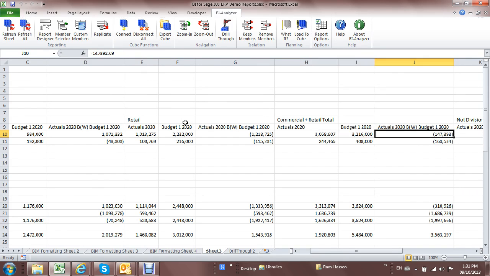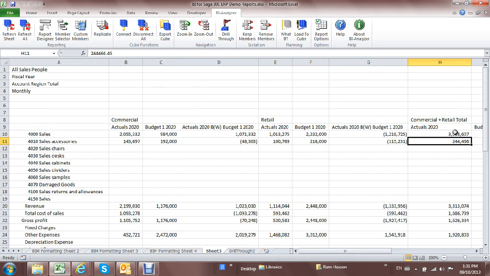Again, not using any Excel formulas. It's simply using the product to create any sort of calculation. The power of that, of course, is I can now slice and dice on this new custom member of commercial plus retail. So for example, if I want a month-over-month report for commercial plus retail, I can simply go to